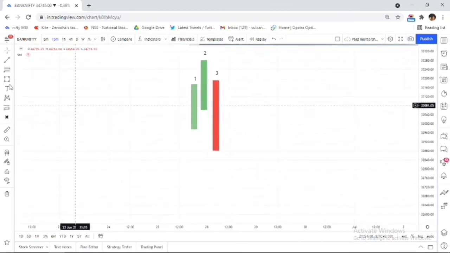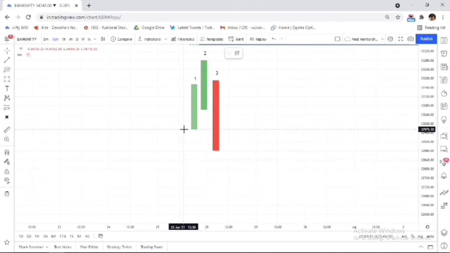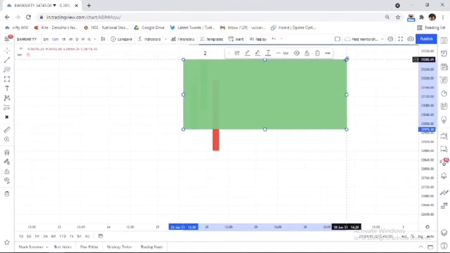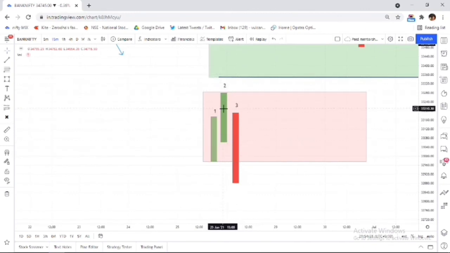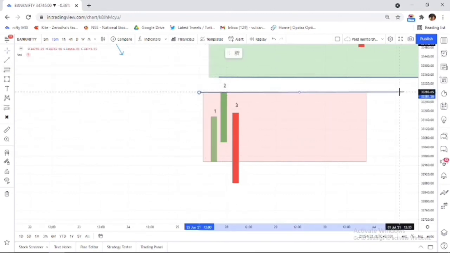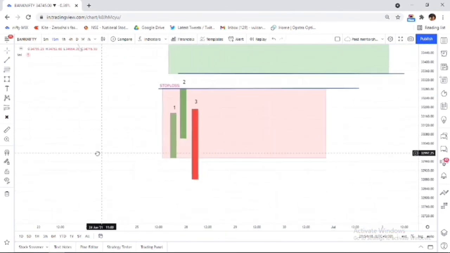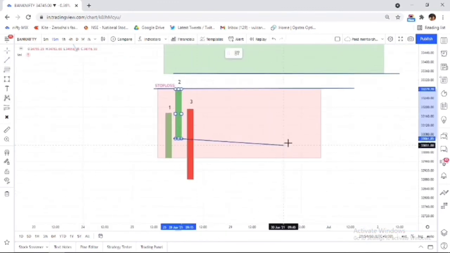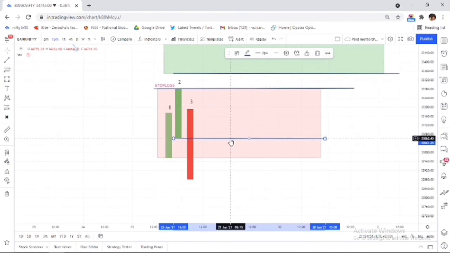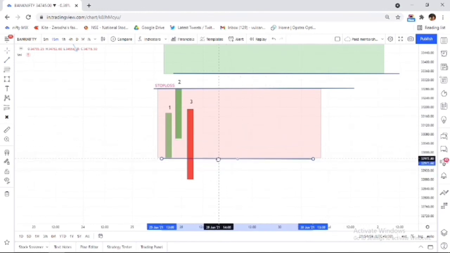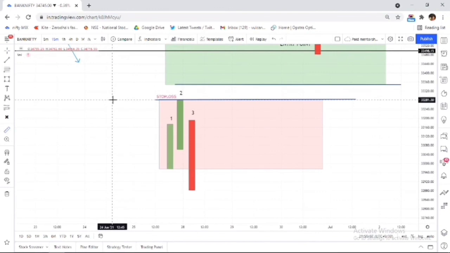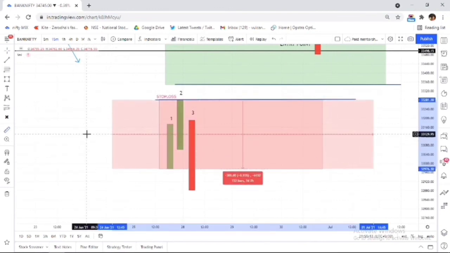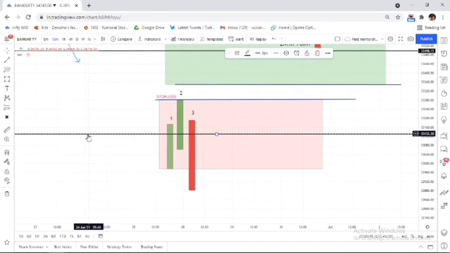Now see, this is the bearish 1 2 3 candle pattern, with the same characteristic: the second candle must be greater than the first, and the third candle must have some impulse and break the first and second candle. So I will again measure the first and second candle and divide it by 2, and put my stop loss above the second candle. My entry is either at the open of the green second candle, or just divide this block by 2, and that will be my entry for the ceiling.